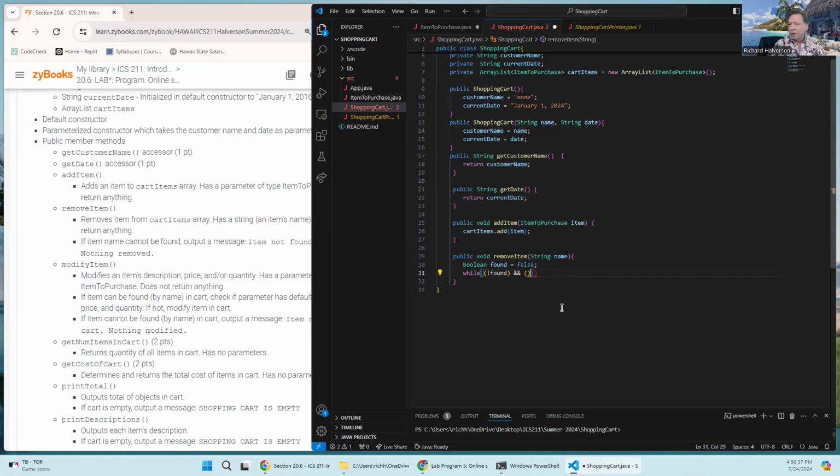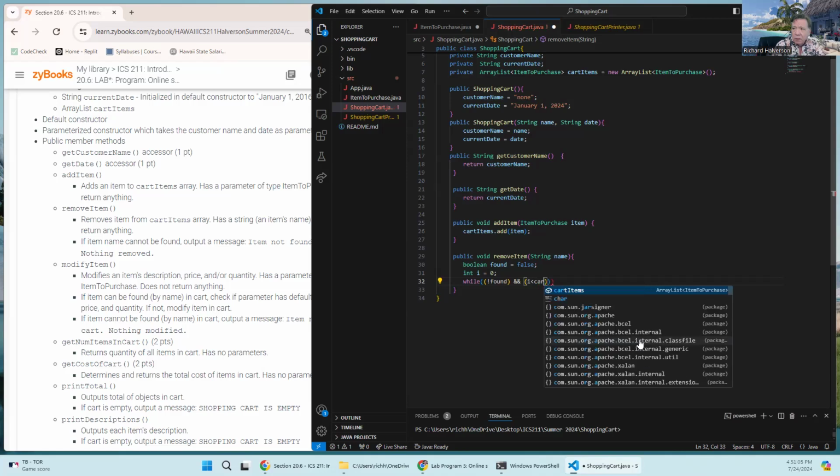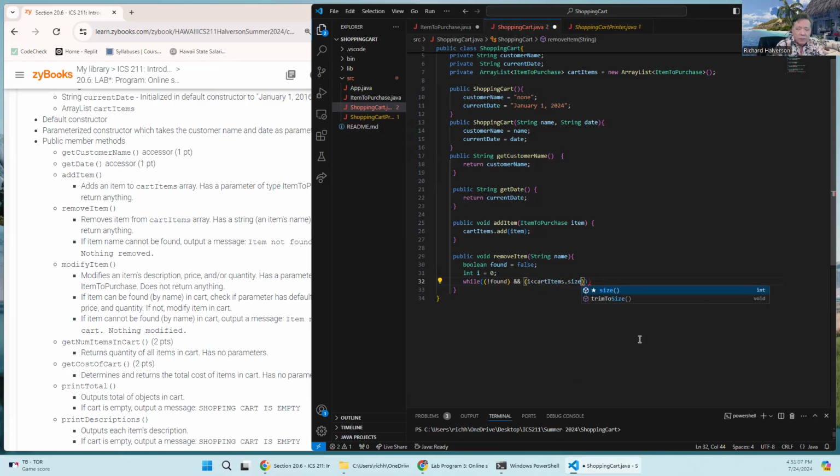So the iteration is going to be inside, with a variable called int i, which is the iterator. Let's initialize it at 0. And while i is less than the cartItems.size, while that's true, then